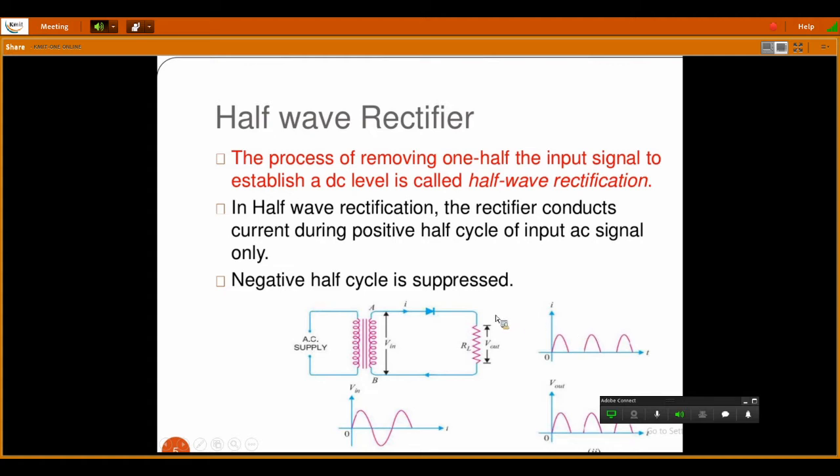See here, during the positive half cycle, what happens? Point A will be positive and point B is negative. Since point A is positive supply, your diode will be forward biased, because positive is connected to the P type or anode, and the diode readily conducts. So during the positive half cycle, the diode is conducting, the current flows in the external circuit, and output is taken across the load resistor. So directly you are getting the positive